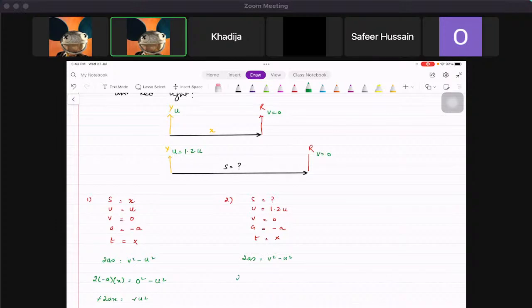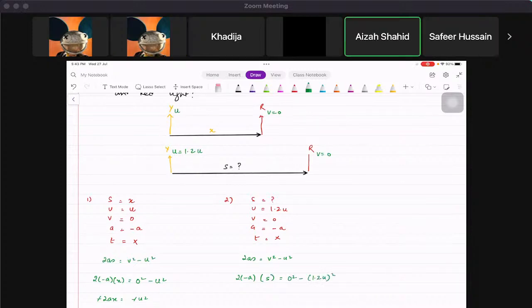So 2 times minus a, displacement is what we want to know, so let's put it s. The final velocity is 0, but this time the initial velocity is 1.2u, squared. So this is going to be minus 2as equals